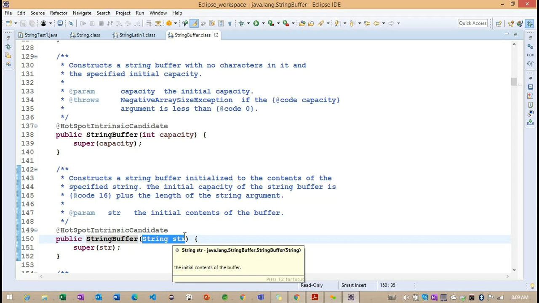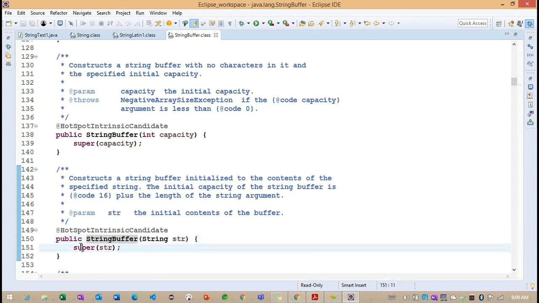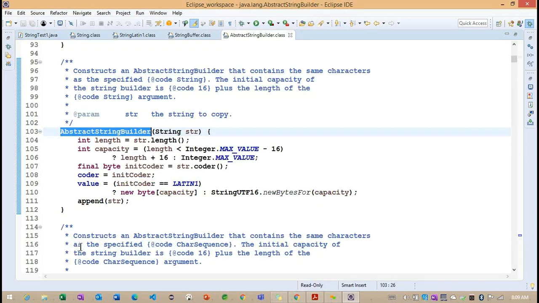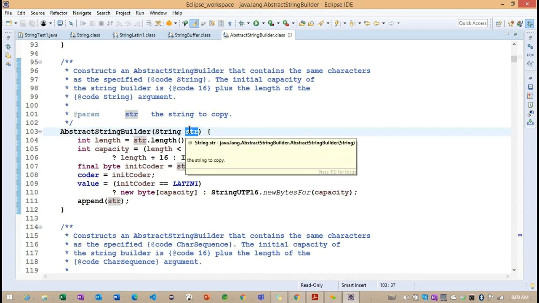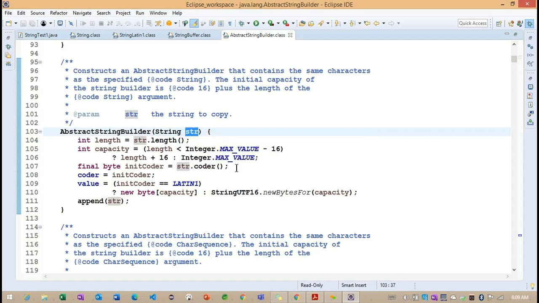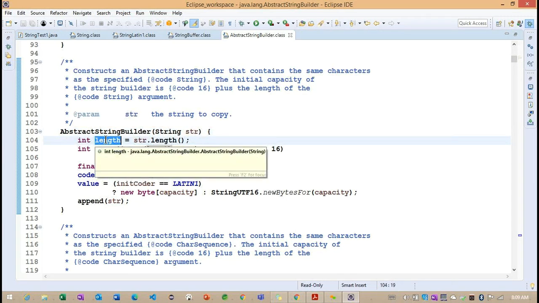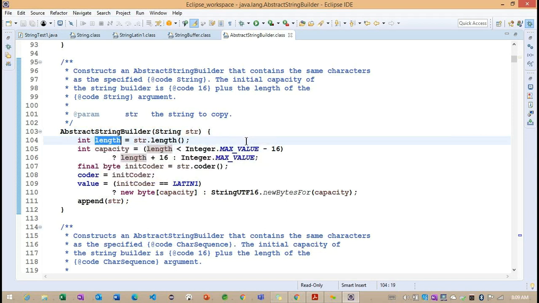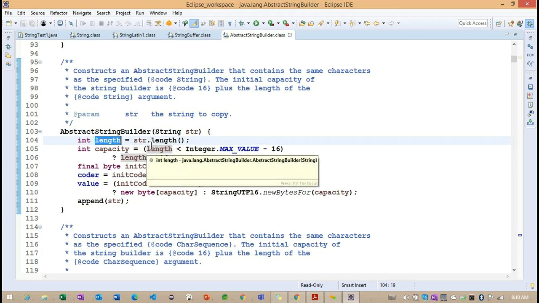Whenever we provide a String as a parameter, how will this capacity be created? Observe the super information: we are calling another string and trying to find out its length. Whatever string we provide, based on it we'll understand the length here. Now you can see we have a condition here.